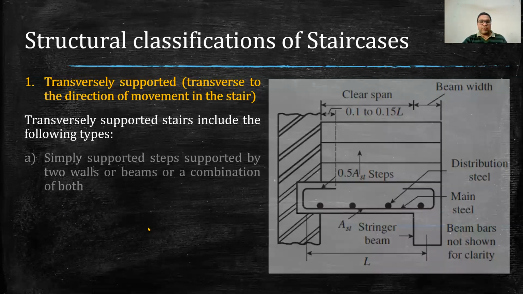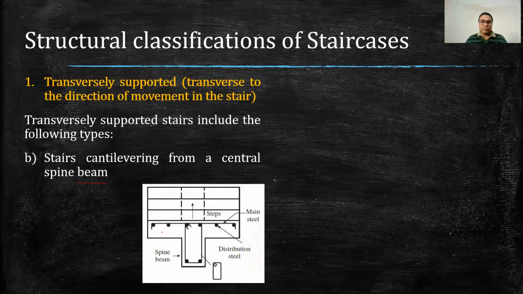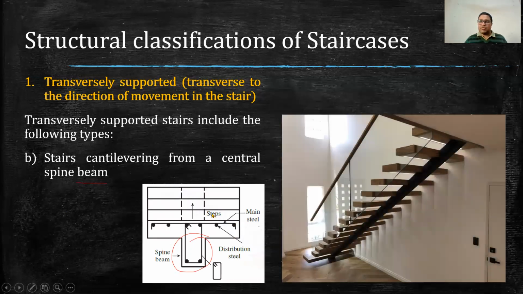Similarly, if we talk about the second type of transversely supported staircase, it may be stairs cantilevering from central spine beam or stringer beam. So in this case, if we provide a beam centrally to the steps, it will be known as stair cantilevering, and it will look something like this. So instead of providing beams on both ends, we have provided a beam at the center. And for this central beam, I have shown a photo to give an idea of how this beam will look. Although this is not a reinforced concrete